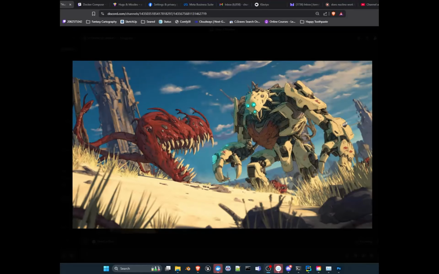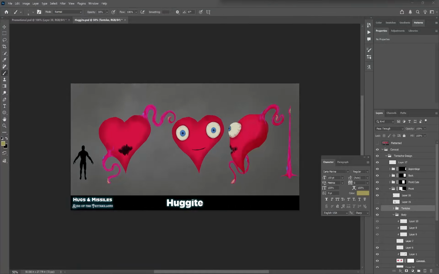So this is the reference image that I'm using for the Huggite. And if you remember, I started this a few videos ago. I started working on the Huggite, and I need to go back in and make this reference that I'm using to model match the concept art.